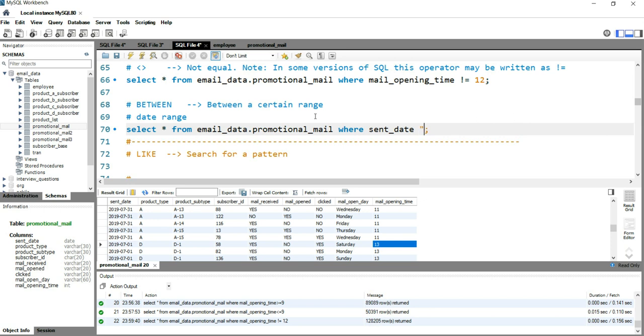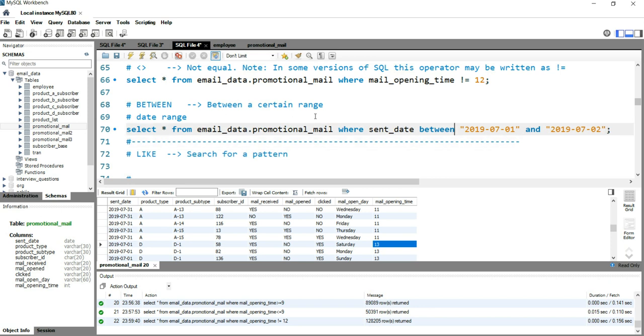So where my sent date between 2019 0701 and 2019 0702. So this is how we use the date range.